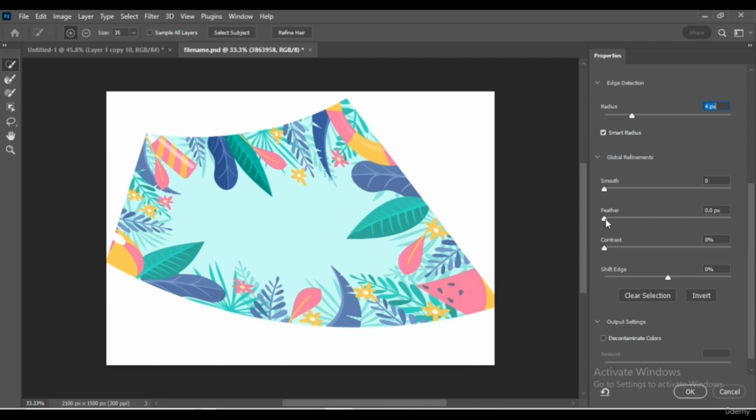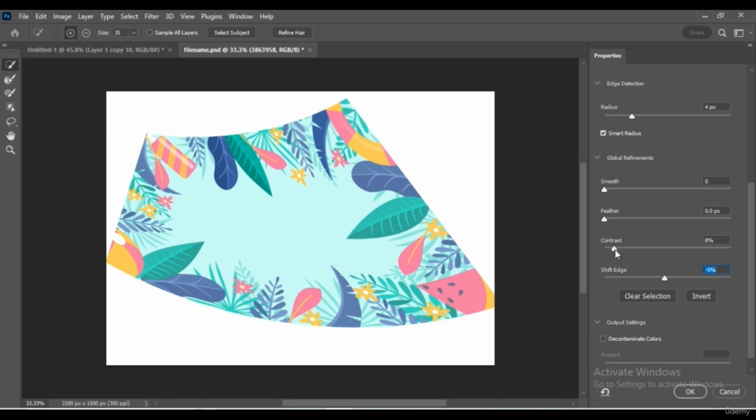Then this feather of the selection you can set or adjust or increase in the global refinement. Shift H to make the area selected will decrease or increase based on this value over here.